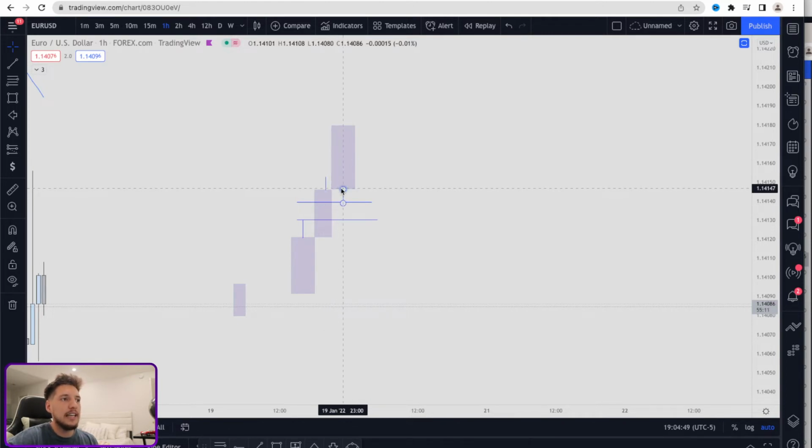Now what the next candle's duty is, is to go ahead and fulfill all the selling positions that were not placed within the zone. Now if this candle does not fulfill all this imbalance that was created previously, then that means that there is inefficiency in the market. And if there is inefficiency in the market, what the market will tend to do is retrace back